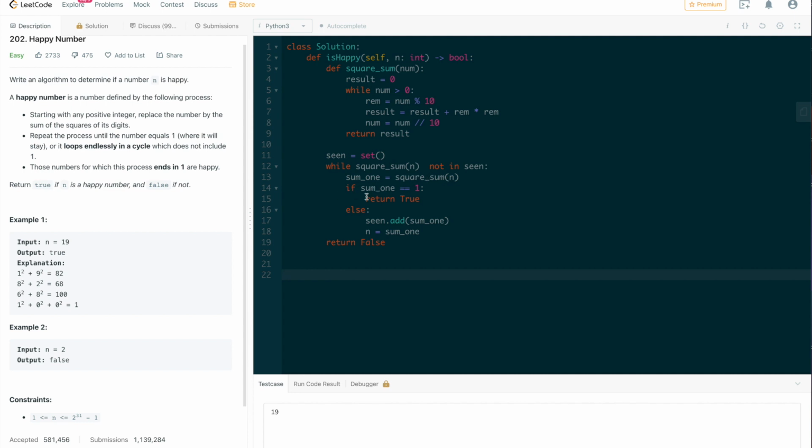And then we're going to check the result and see whether it is equal to 1. If it is equal to 1, we will return true. Otherwise, we're going to add sum1 to the set, and after that we're going to set n equal to sum1, and then we're going to keep doing the function. So basically it's going to go back here and keep looping, and our function is going to keep checking until we get the result. So if we go ahead and check the code,